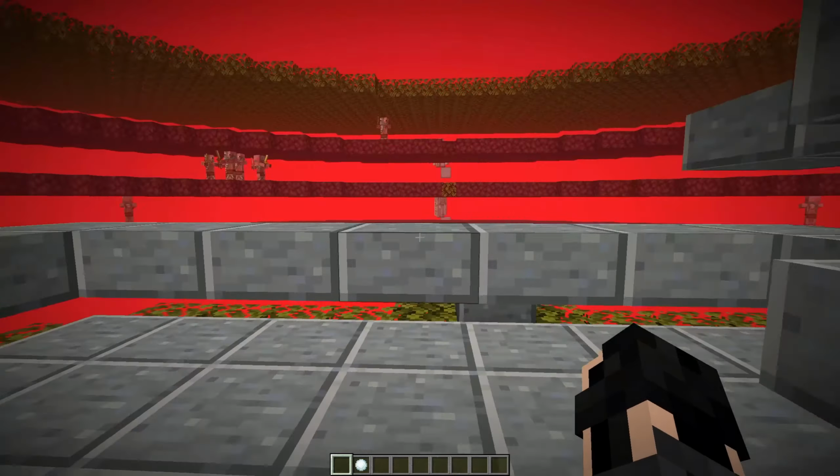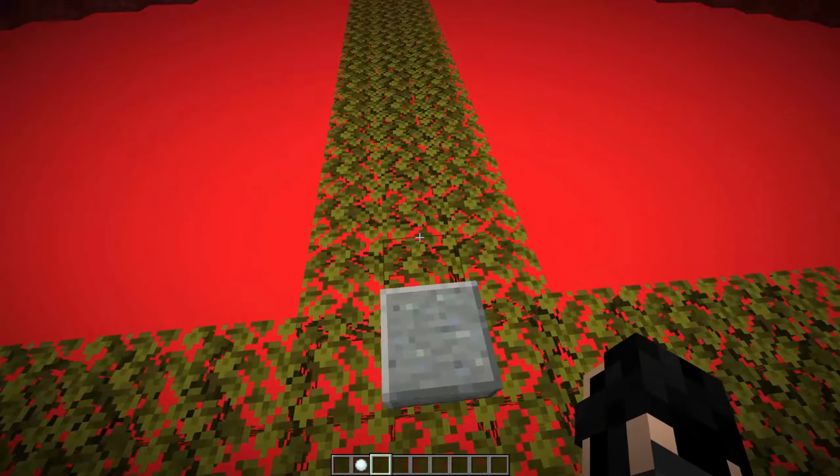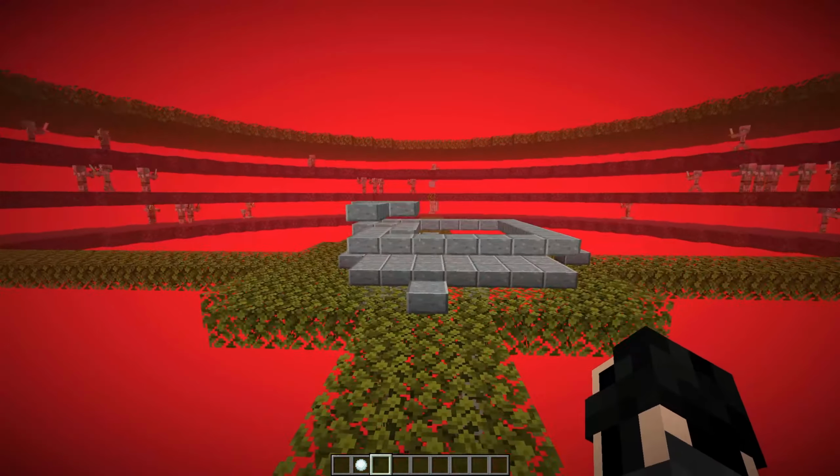you aggro zombie pigmen by either throwing a snowball at them, shooting an arrow, or running out of the farm and punching them in the face. But there's none over here on this side. Dang it. So after making your way onto the nether roof,